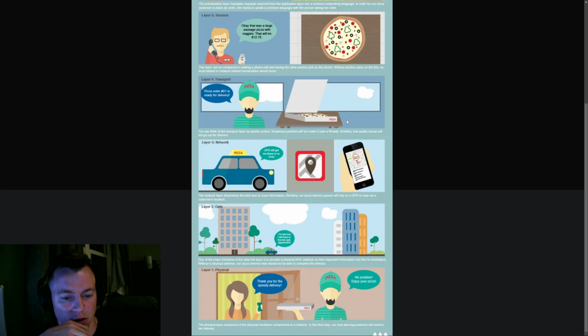Layer 2, data link. One of the major functions of the data link layer is to provide a physical MAC address for the requested information, so it can find its destination. Without a physical address, our pizza delivery man would not be able to complete the delivery. Layer 1, thank you for the speedy delivery. No problem. Enjoy your pizza. And it says the physical layer comprises the physical hardware components in the network. In this final step, our now starving customer will receive